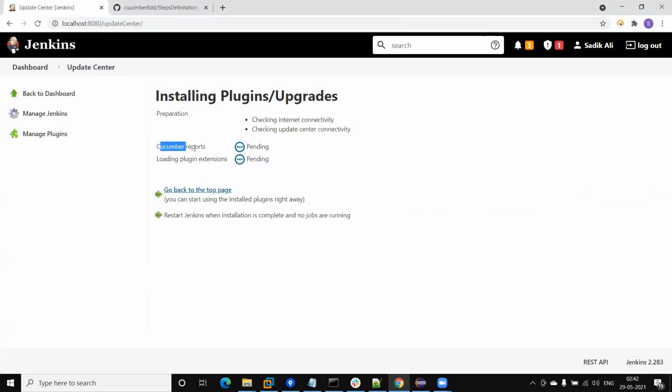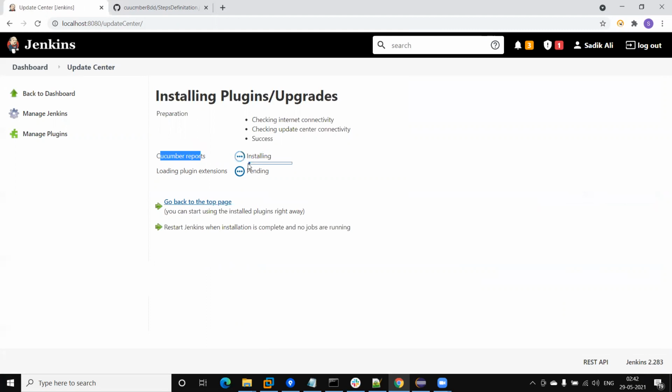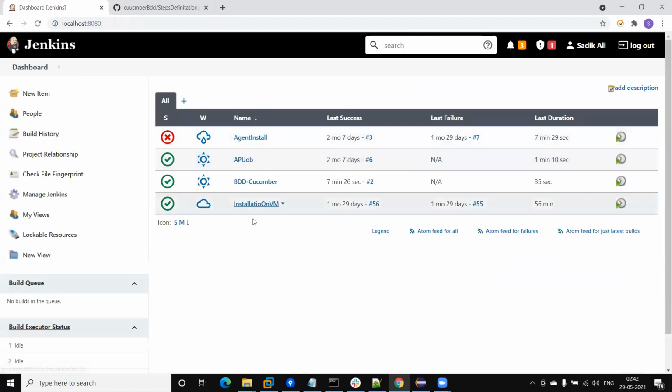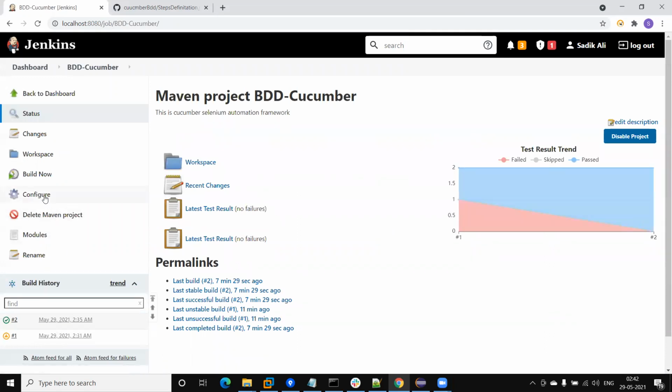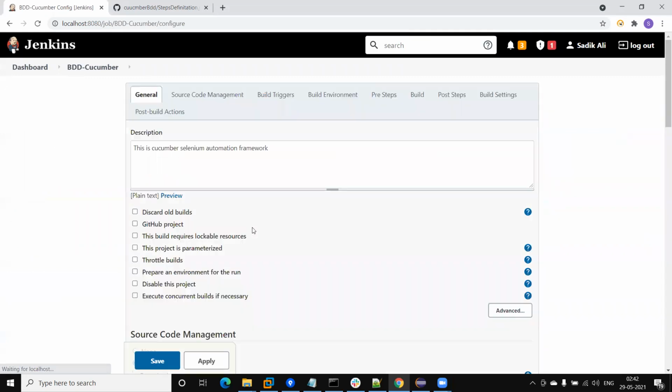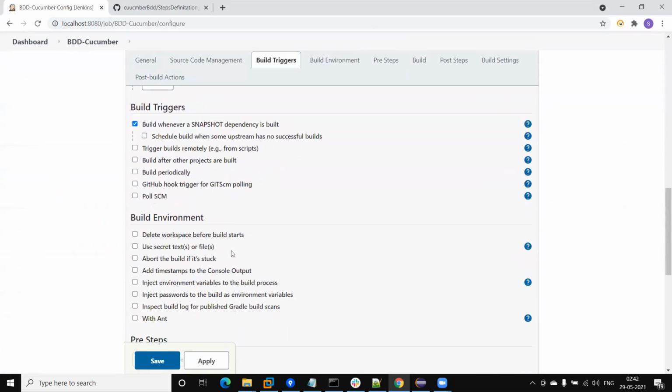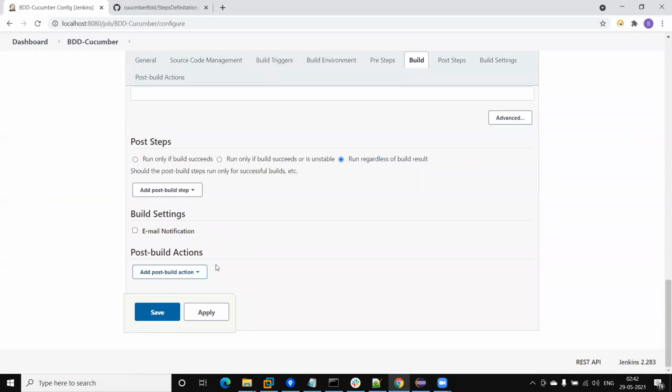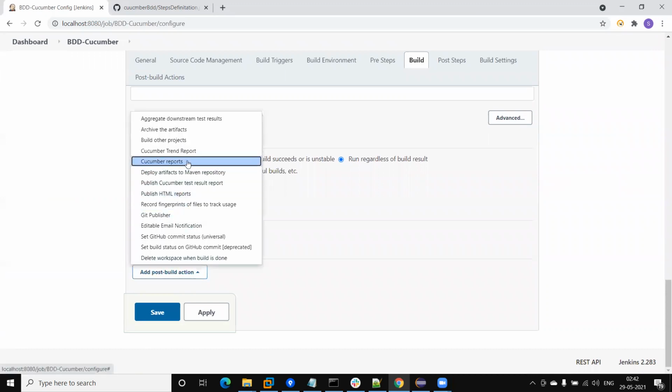Okay, so now the Cucumber report has started installation. This is installing. Yeah, done. And once you install that, if you come back to your job, you will find the Cucumber option under your post build action here, like this.